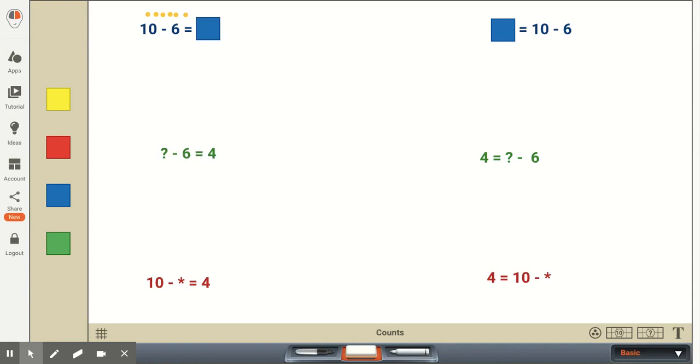And once again, for our students that may not recognize that right away, they may need to add on 4 to this 6 that they're subtracting because they know that this left side of the equation is supposed to be equal to the same as the right. So something minus 6 needs to be equal to 4. So if they add 4 more on to the 6, they'll come up with their answer. So they're starting at 6, 7, 8, 9, 10.